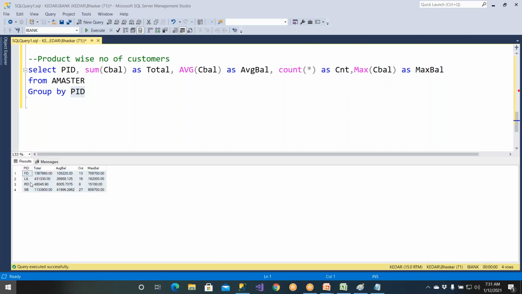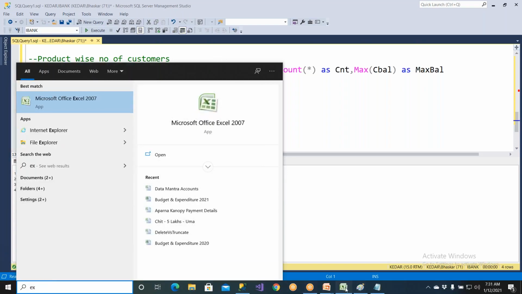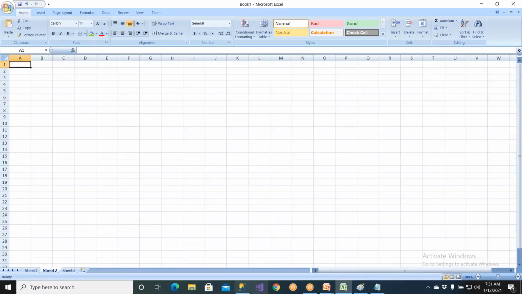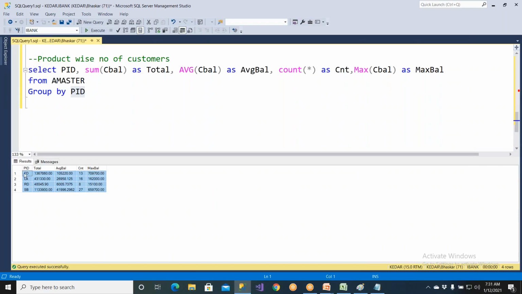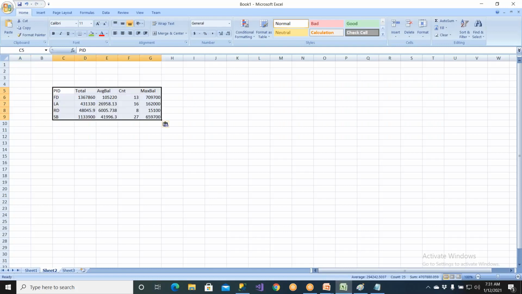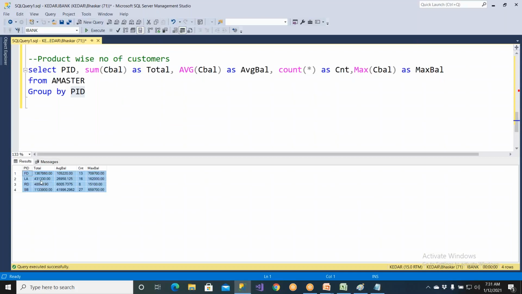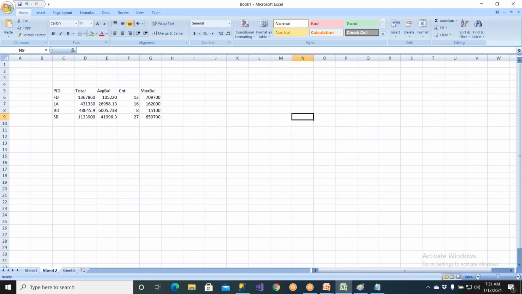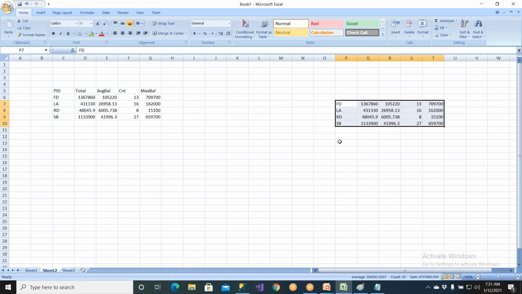I want to copy this, go to Excel sheet, right, I go to Excel sheet. Let me go here, copy and copy with headers. Headers means column names also will get copied. You simply go here, go to this corner and right click, copy with headers. When you say copy with headers, column names also will come. You just go here, simply copy and you come here and paste it. No column name. See, there is no column name here. There is a column name, right? So you should be able to get